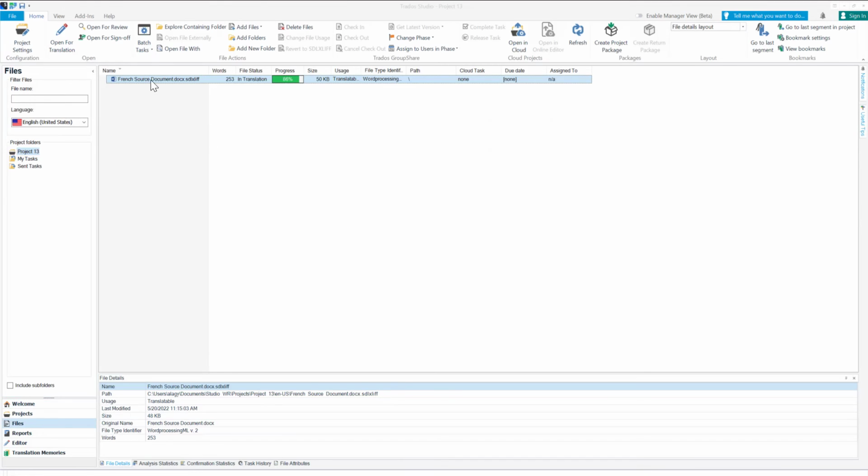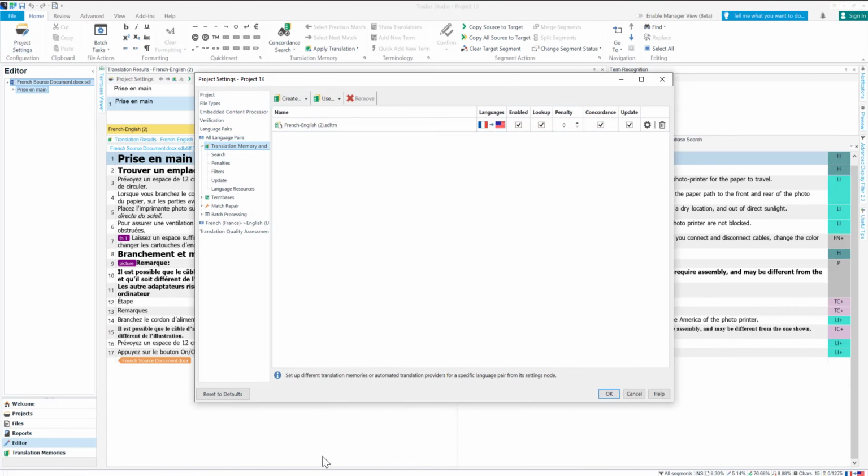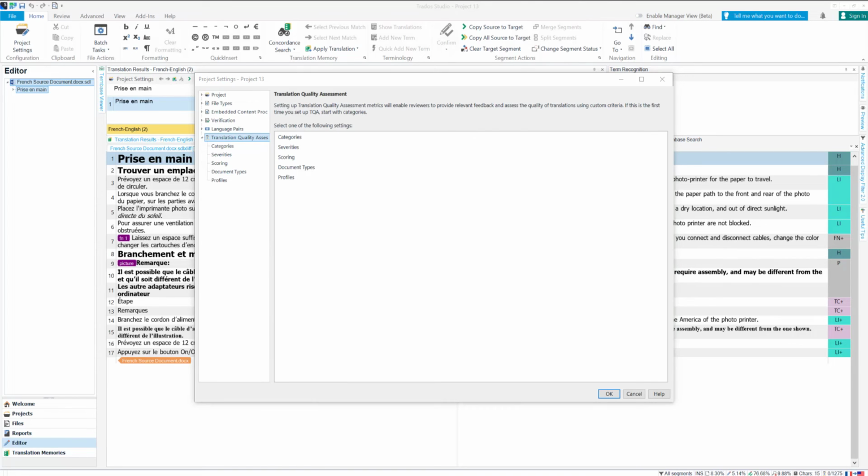To import my TQA settings to my project, I go to Project Settings under Translation Quality Assessment, I choose Profiles and import my TQA settings file.